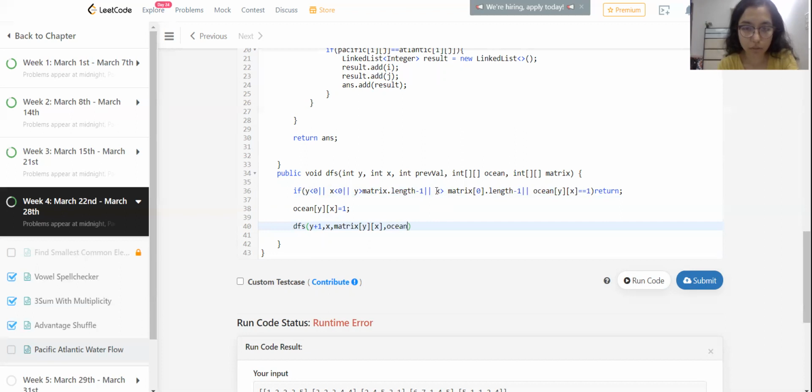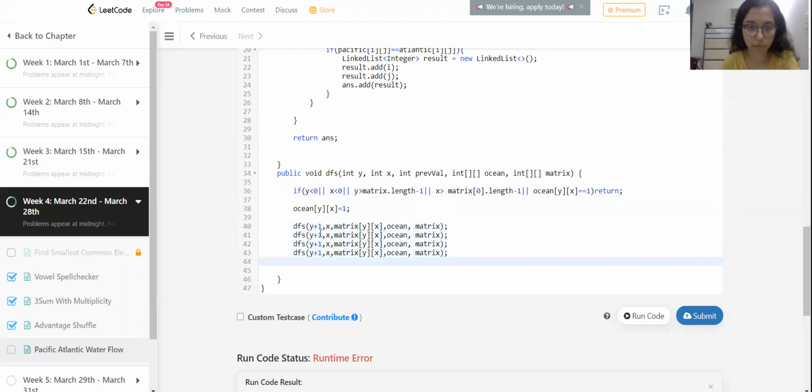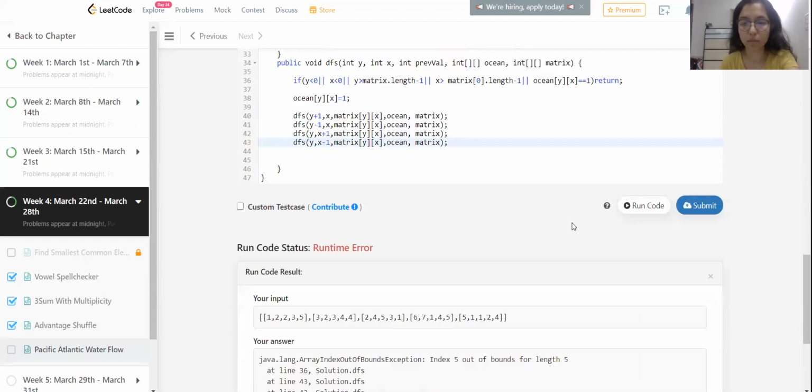We pass ocean and matrix. We will copy this three more times. We will do minus 1 here, this one, minus 1. Let's try to submit the solution.